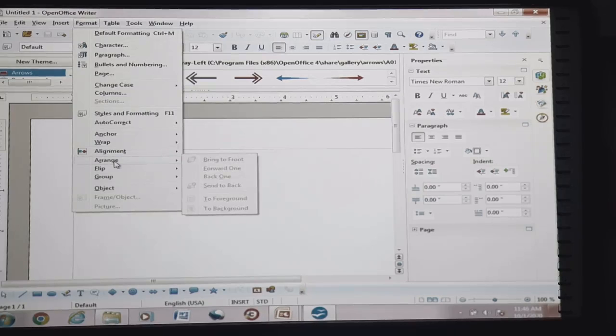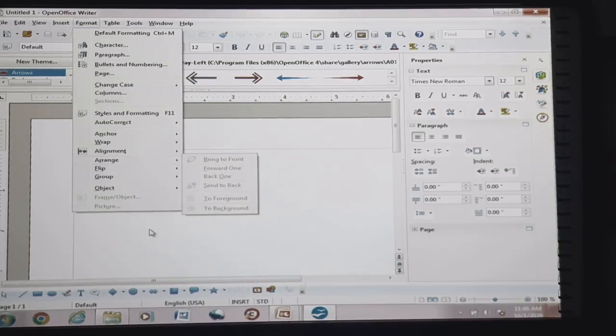These four settings we need to take care of whenever we are positioning any graphics inside our text or document. Under the arrange options there are: bring to front, forward one, back one, send to back, and foreground to background. It depends on our requirement, based on which we insert our graphics.